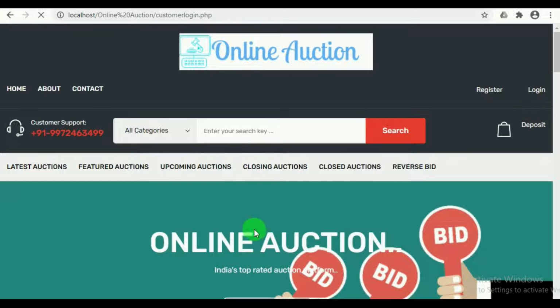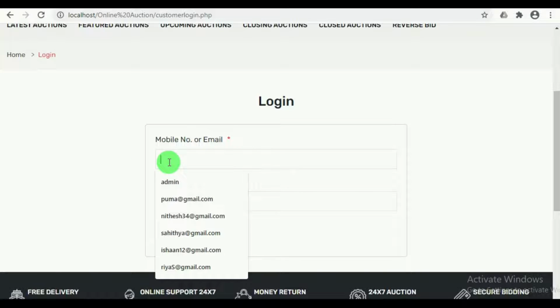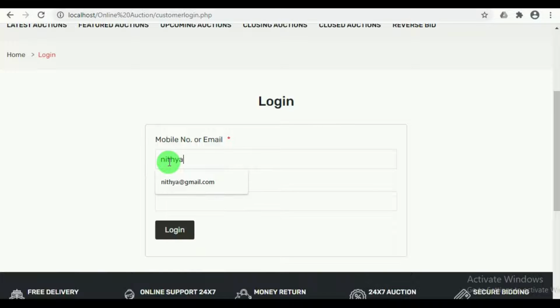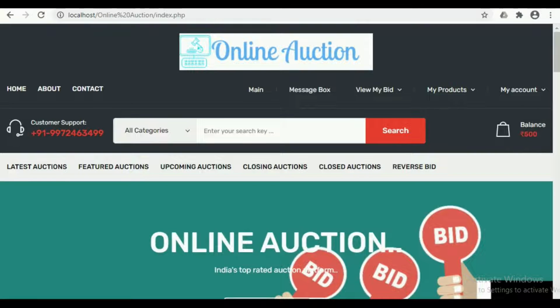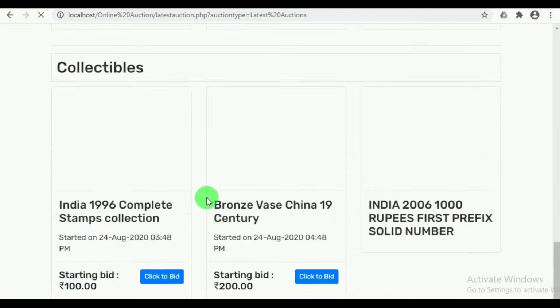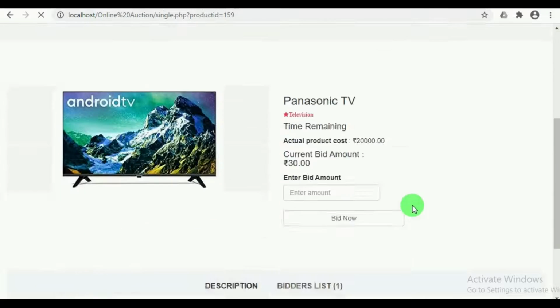Now let's log in as one more customer who wishes to bid for the product. That is by mentioning their email ID and their password. From latest auctions, the customer can view the various products which are put for auction and can click on the product.